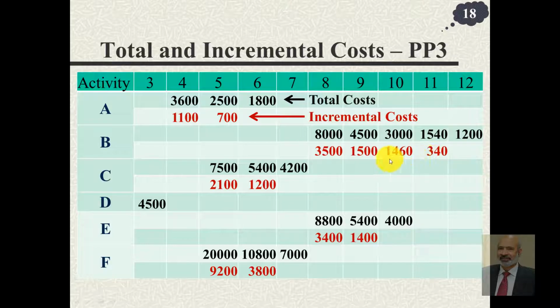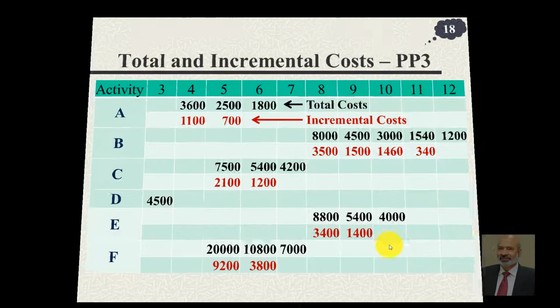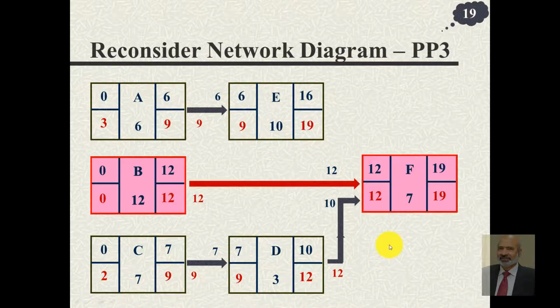Likewise, just notice now incremental costs are increasing, 340, 1460. Even though this is also for reducing the time by 1 day, this is also reducing the time by 1 day, but gradually the expenses increase. D cannot be touched. Likewise, E and F. So having these figures in mind, when we go to the network diagram and we said that we have a choice, either go for B or go for F. So which one would suit us? Reducing the duration of F from 7 to 6 or reducing the effort of B from 12 to 11?